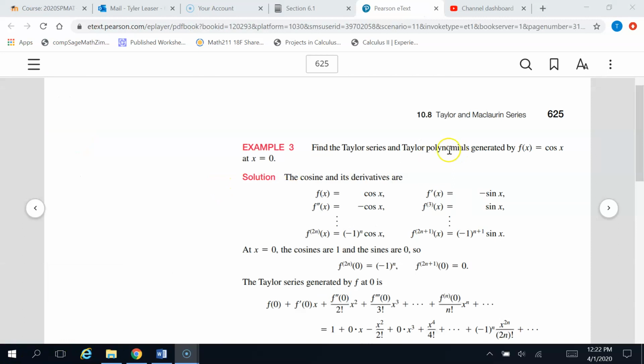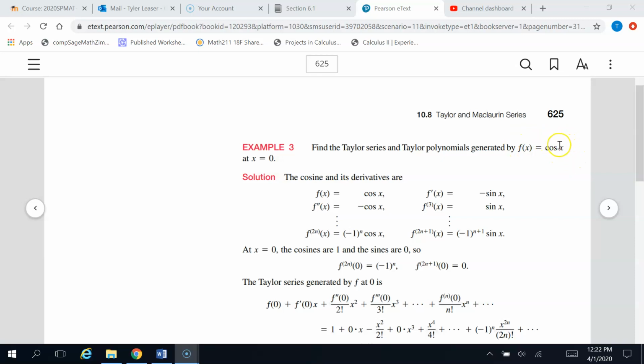Okay, we're back. I pulled up the example I want to do here. Find the Taylor series and the Taylor polynomials generated by f of x equals cosine x at x equals 0. Just before we jump into this question, just how amazing this is: we're taking a trigonometric